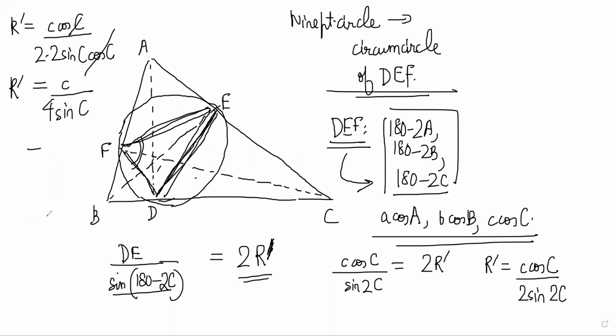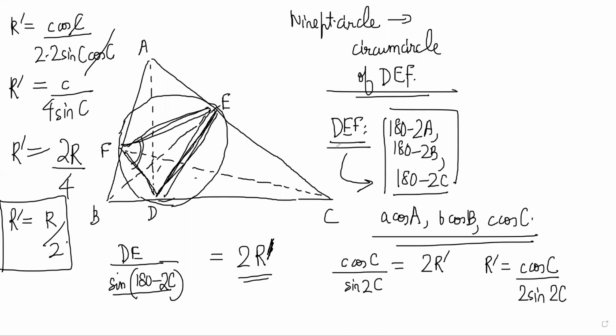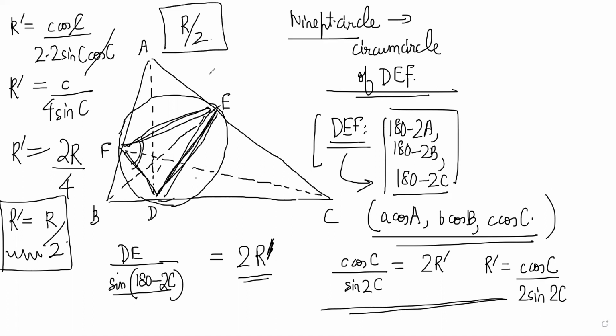So you don't need any projective geometry or linear transformations to do this. You need just basic trigonometry and the sine rule. You understand? Repeat once? Yes, sir. You can do it by simple stuff. You know the orthic triangle, you know its angles and sides, you do trigonometry, you do the sine rule. And you have proved that the 9-point circle radius will be R by 2, right? Everyone understood what is happening?